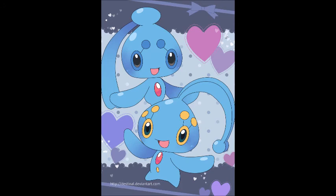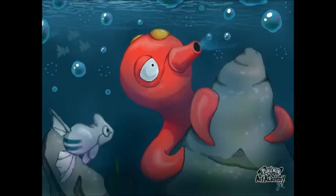At number 1, we have the Remoraid line. This Pokemon is very much like Feebas and Magikarp, which make no sense at all in their evolution path. Remoraid looks like a fish, a typical blue fish Pokemon with nothing special about it. Naturally, anyone would believe that when it evolves it would be a much larger fish,